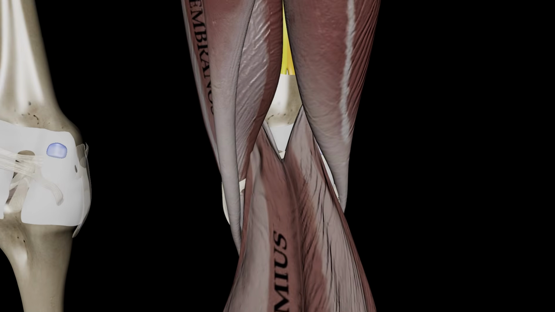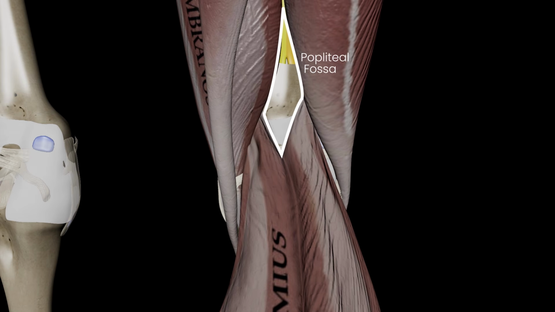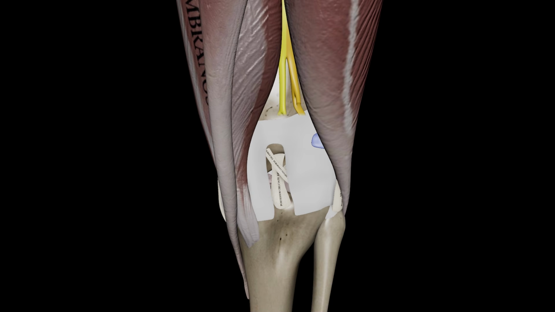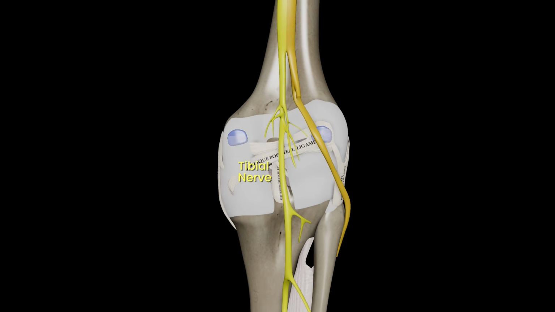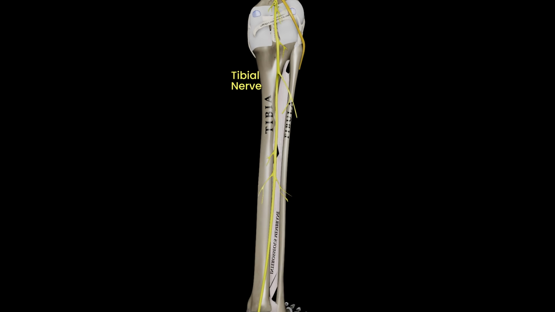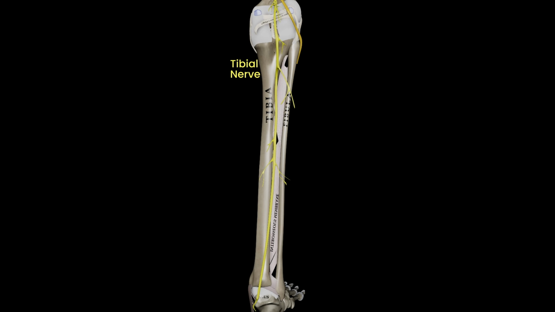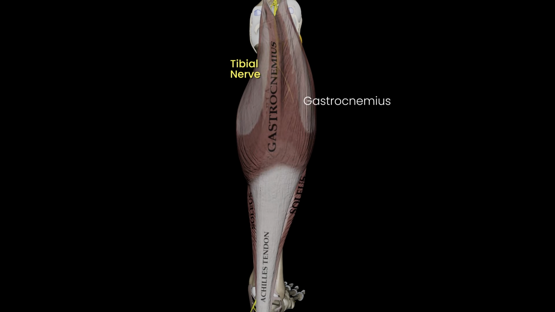At the top of the popliteal fossa, the two bundled divisions of the sciatic nerve separate into their terminal branches, the tibial nerve and the common fibular nerve, also known as the peroneal nerve. The tibial nerve continues vertically through the midline of the popliteal fossa, then descends in the posterior compartment of the leg. It gives muscular branches to the gastrocnemius,